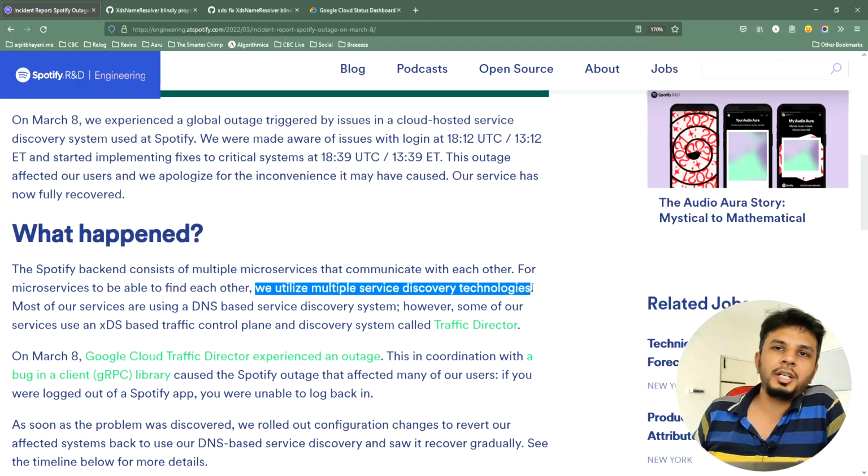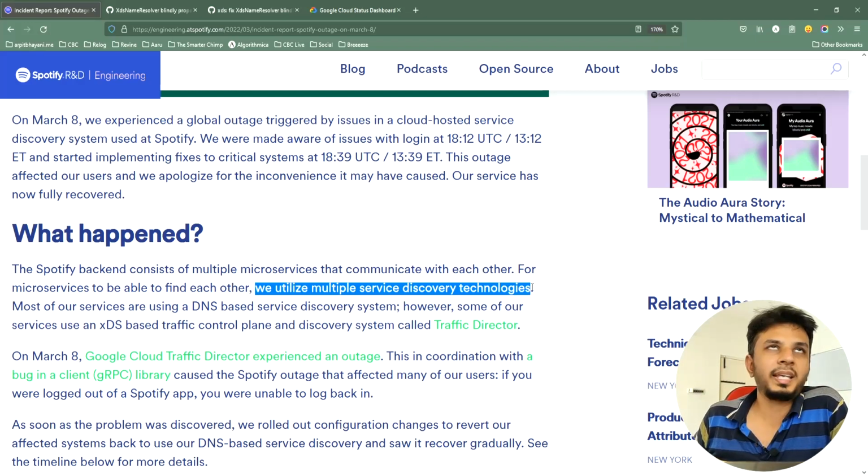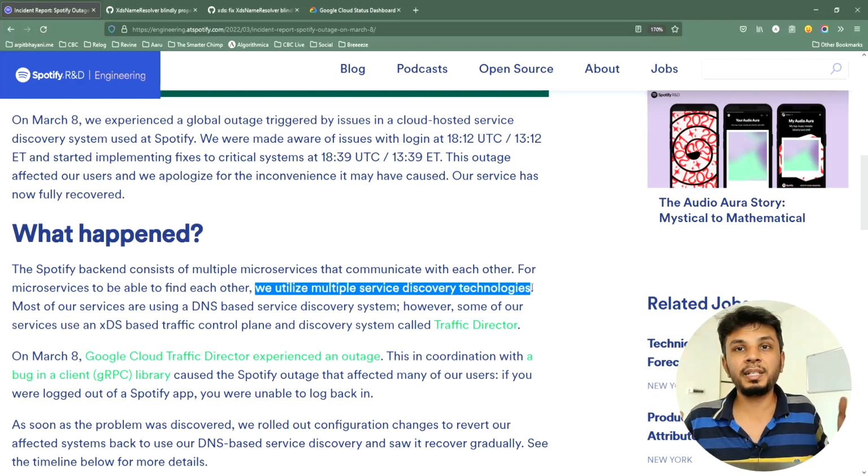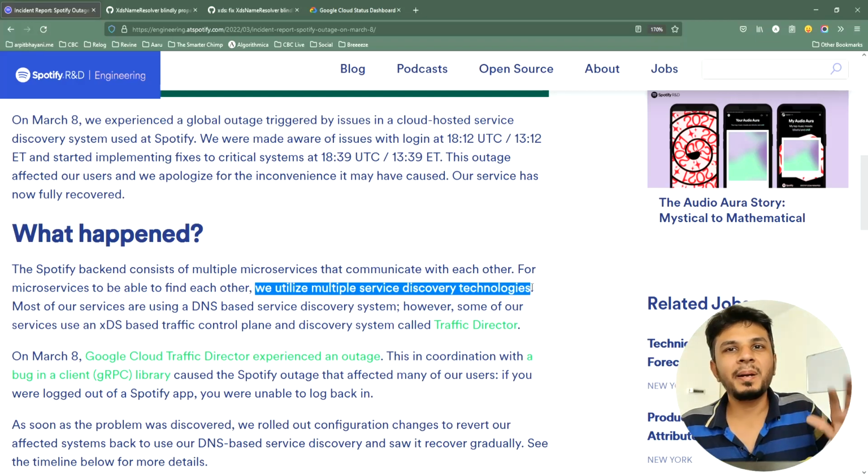Just imagine if they did not have any services that were using DNS based routing, what could have happened? It would have taken them far longer to mitigate the issue. Or they could have just sat back and said, hey, let the GCP folks fix it, but up until then, my services weren't working.